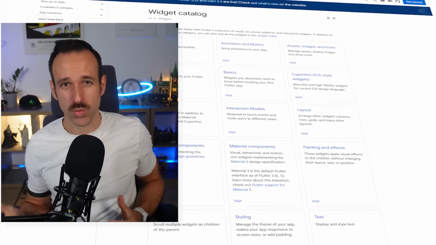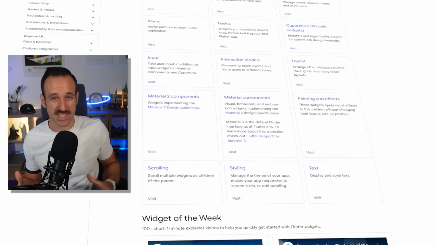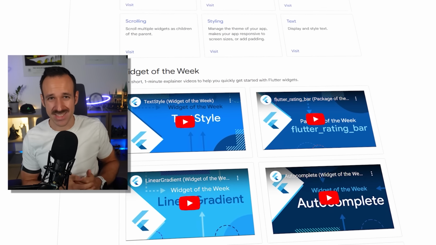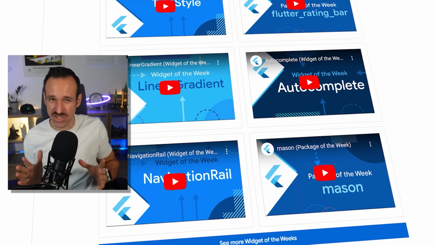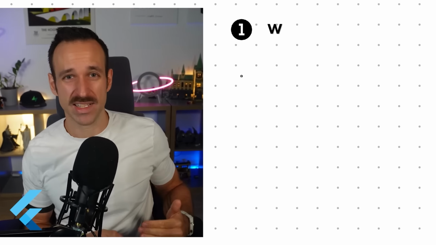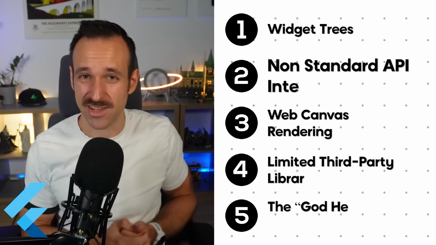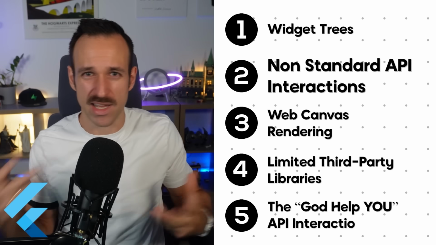Everything in Flutter is a widget and your code can get really messy if you don't know what you do. Yes, you can split this up, but overall in many applications this looks really horrible. Then we got stuff like non-standard API interaction. Yes, you can use the camera and most of the native stuff, but if you want to do 3D or AR stuff with Flutter, then you're gonna have a really hard